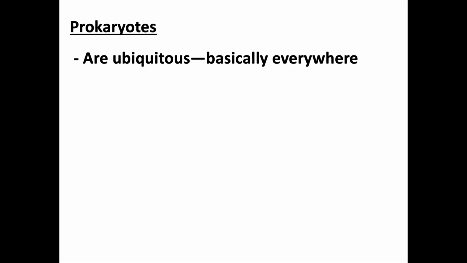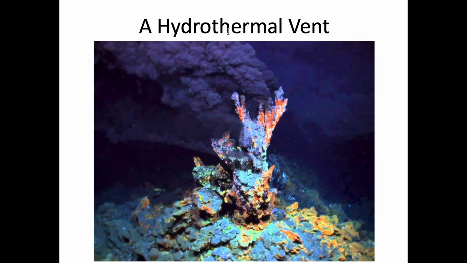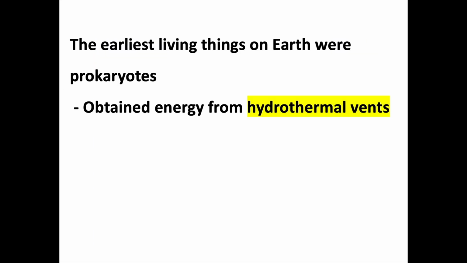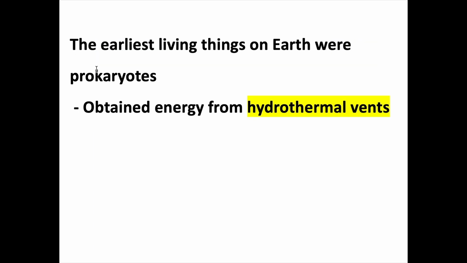Another quick side journey into some history of the world. We'll do more history of the world in a later chapter, but here I've got to put in this point that prokaryotes were the earliest life. The earliest living things on this planet are thought to have been these simple prokaryotes getting energy from hydrothermal vents. Photosynthesis is something that came later. A hydrothermal vent, to read from the key terms, is a fissure in Earth's surface that releases geothermally heated water, and the chemicals from these vents power the metabolism of this earliest life. So this simplest life, earliest life, obviously it got a lot more complex from there, but prokaryotes were the ones